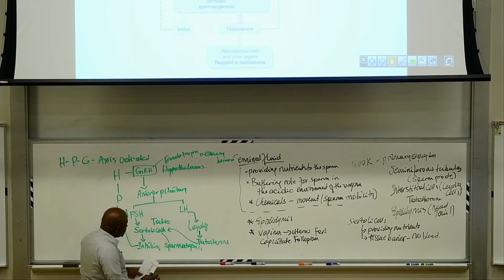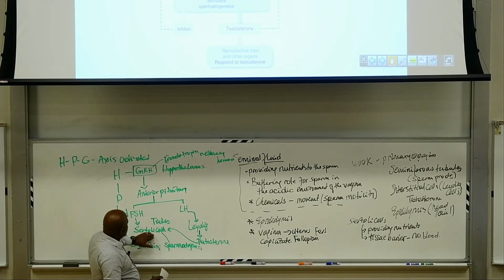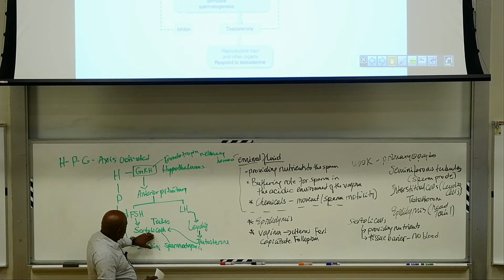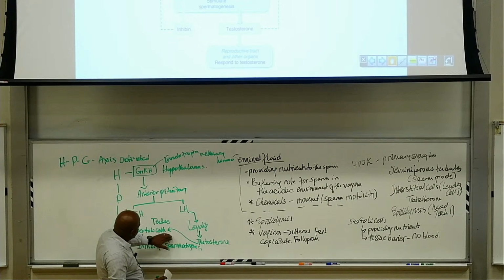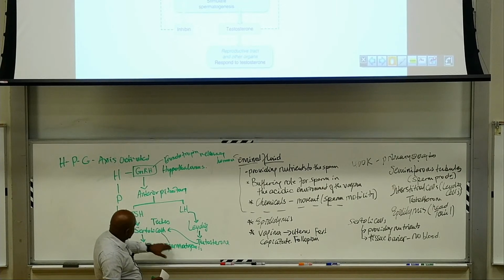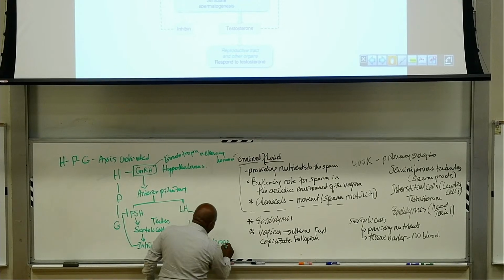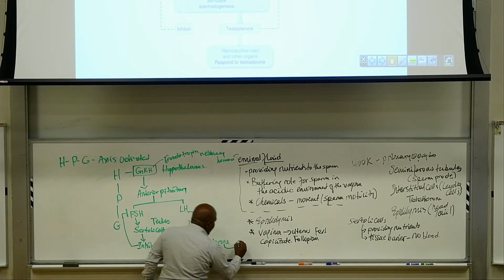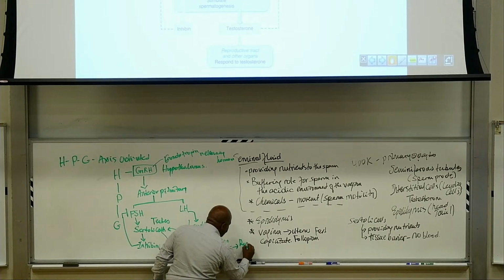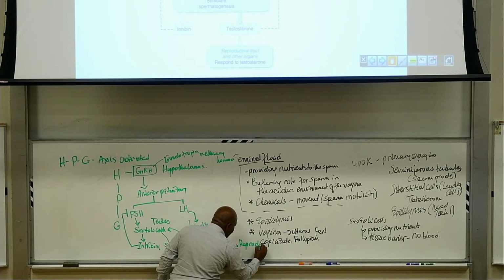So testosterone can be used locally by Sertoli cells to support spermatogenesis, and externally testosterone can be used for various reproductive purposes